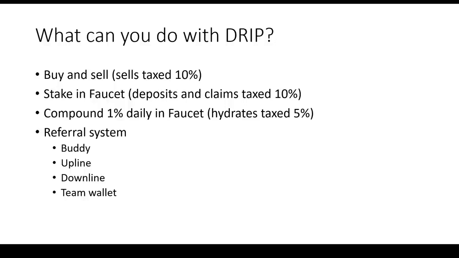Drip also has a referral system. I won't be getting too much into the referral system, but in order to stake your drip tokens into the Faucet contract, you must have a buddy. A buddy is just another wallet address for somebody who has already deposited drip tokens into